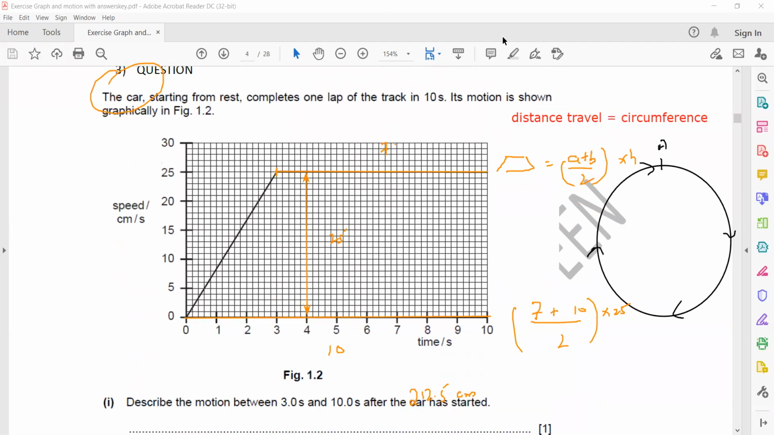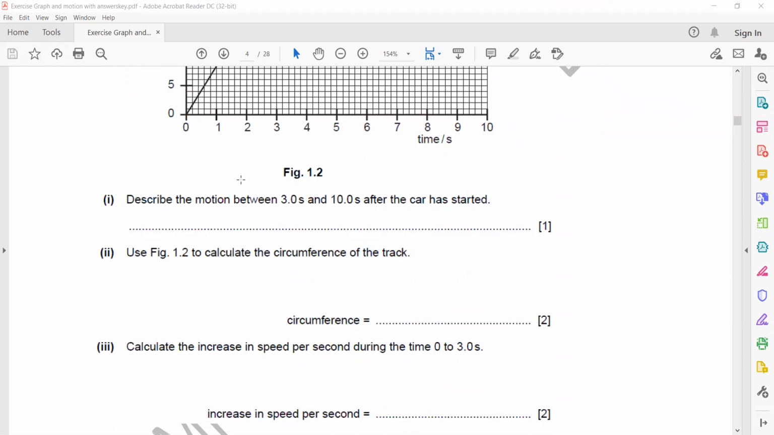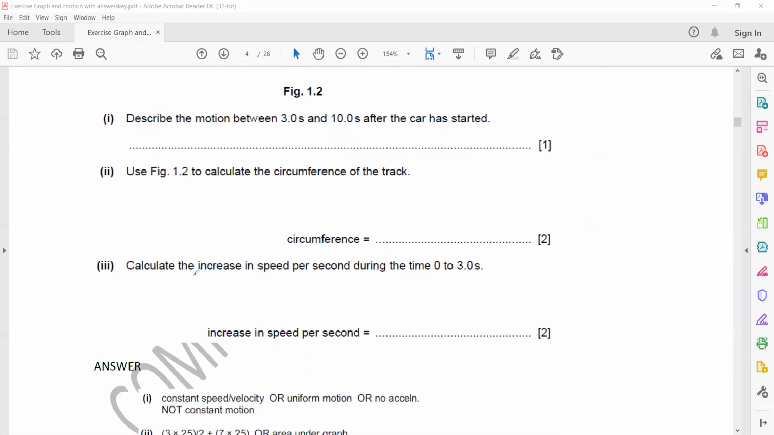The last part, we need the change in the velocity, or acceleration. They're asking to calculate the increase in speed per second, basically the change in speed per second. This is the Greek letter delta, which is normally used for difference. When we are calculating a difference in a quantity, we can represent it by delta. So the change in speed divided by time, basically they are asking for acceleration from 0